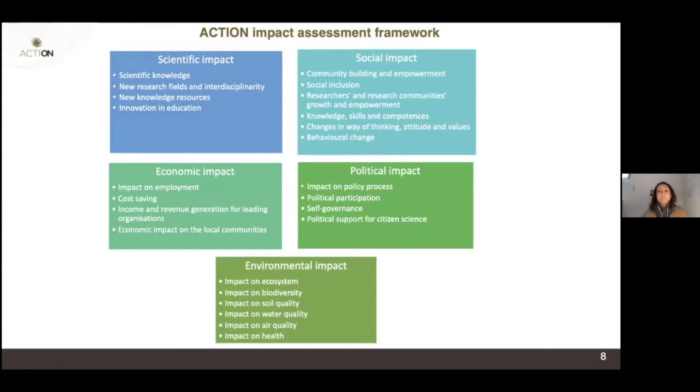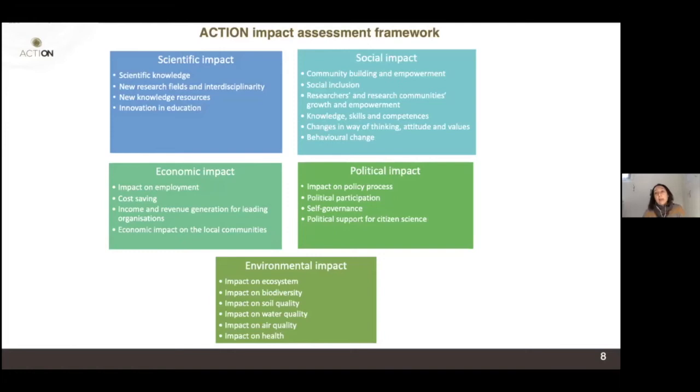Environmental impact. This is a tricky one, because most of the citizen science projects do not have a direct impact on the environment, but they are educating in order to have an impact through behavioral change, or are willing to improve the environmental situation through political impact.